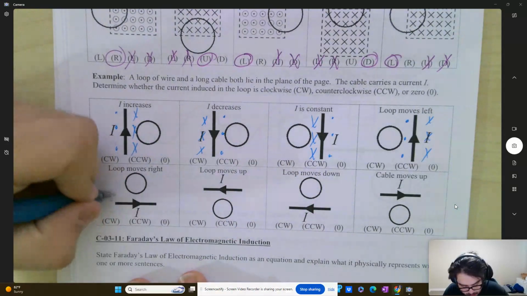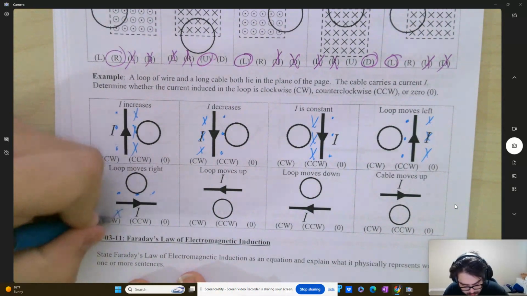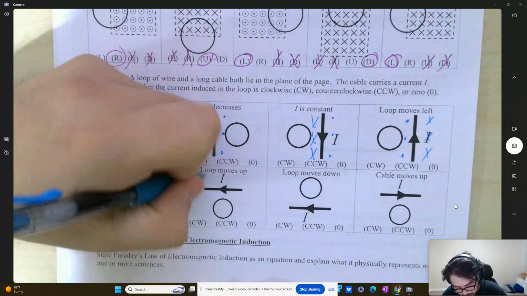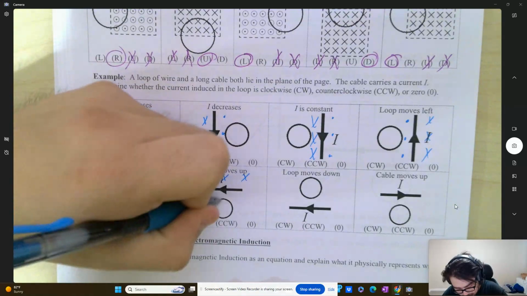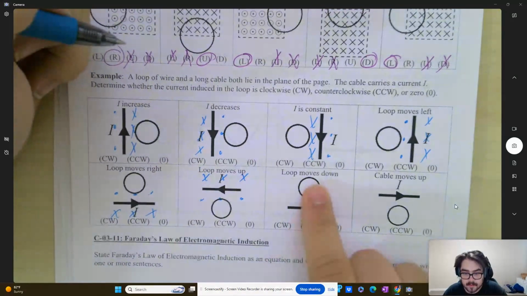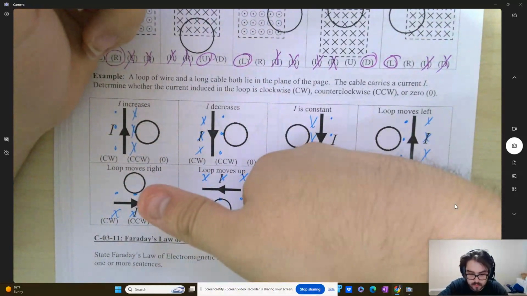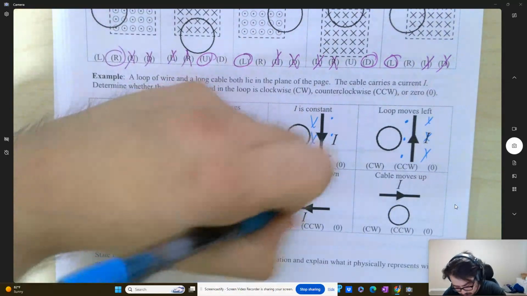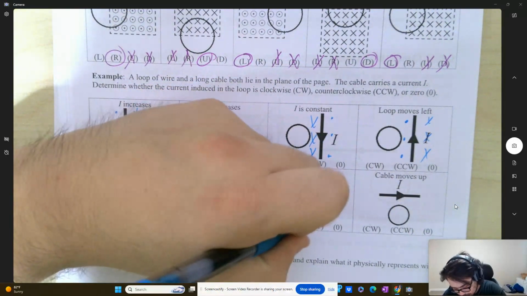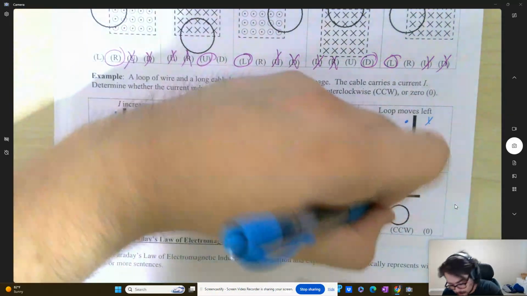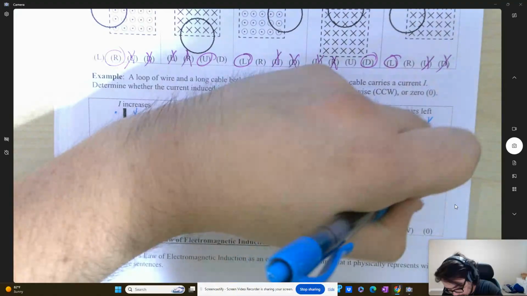It would be out of the page on the top part and into the page below. Wire moves up. It goes into the page above, out of the page below, okay? Loop moves down, again, into the page above, out of the page below. And then this one again, it would be into the page below, out of the page above,